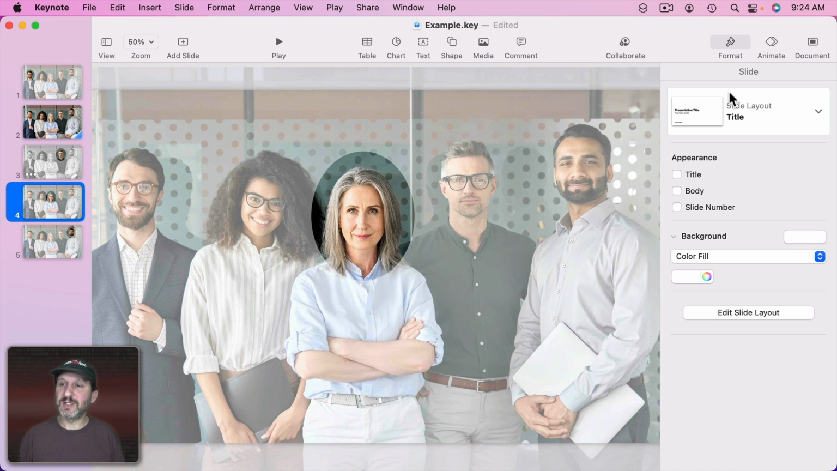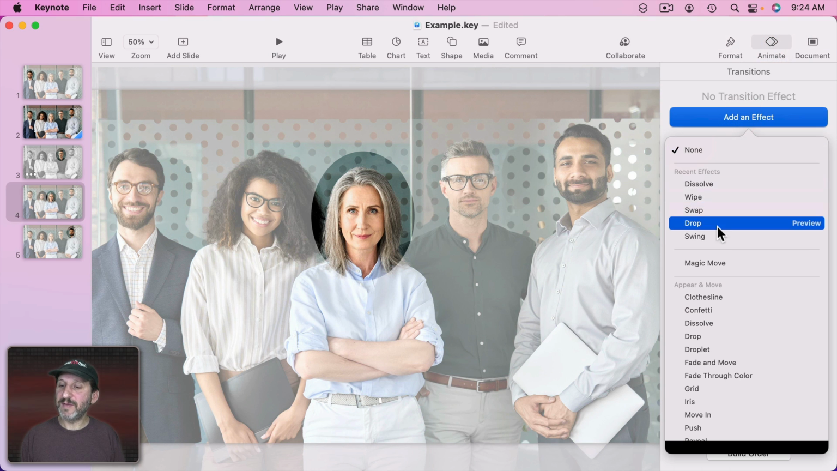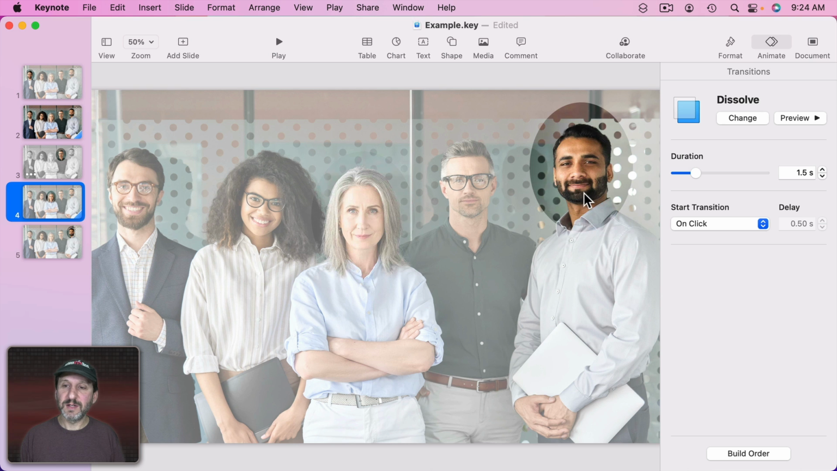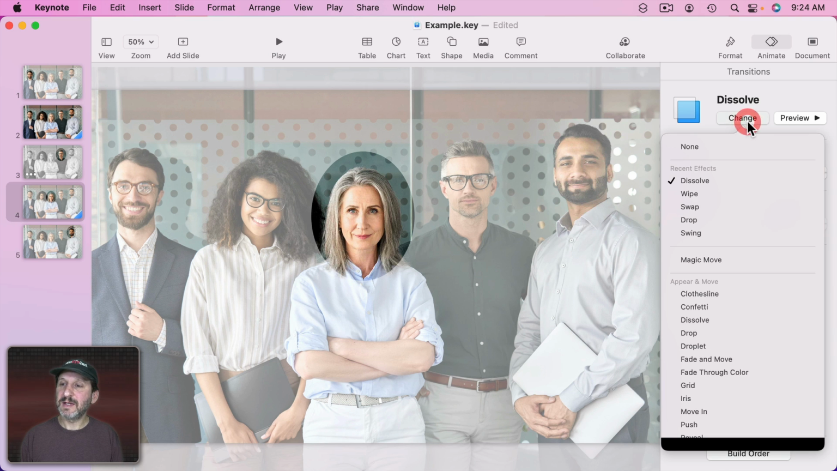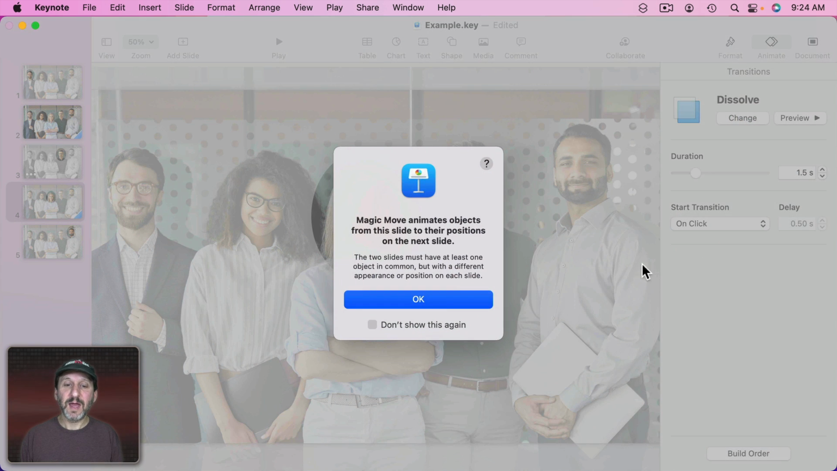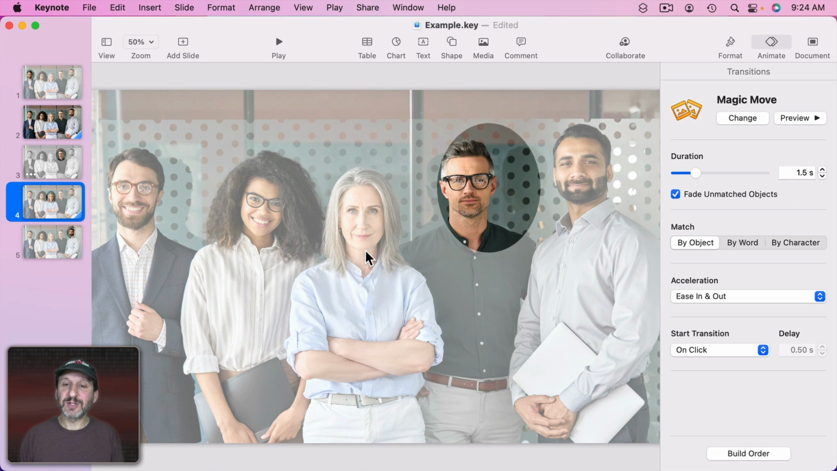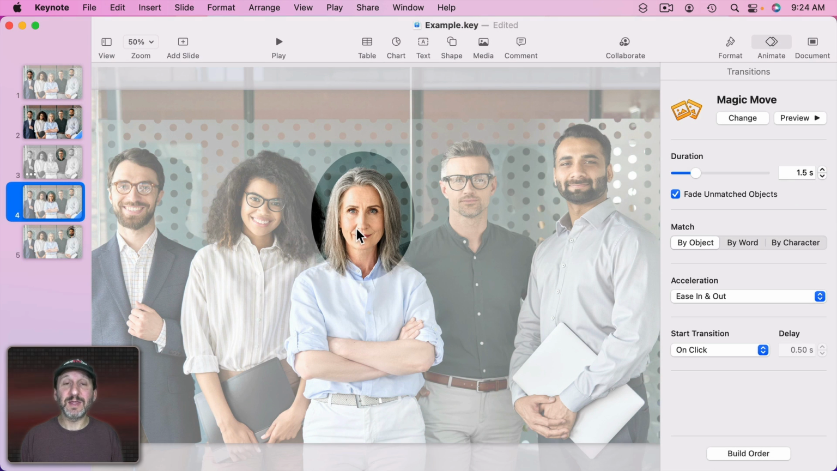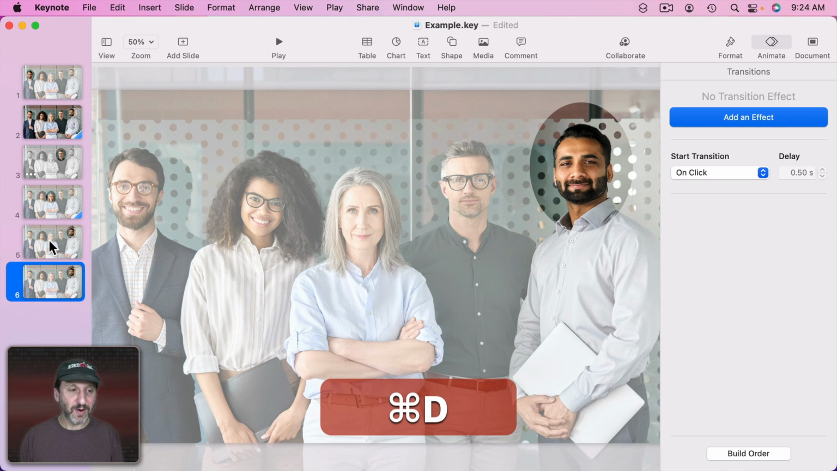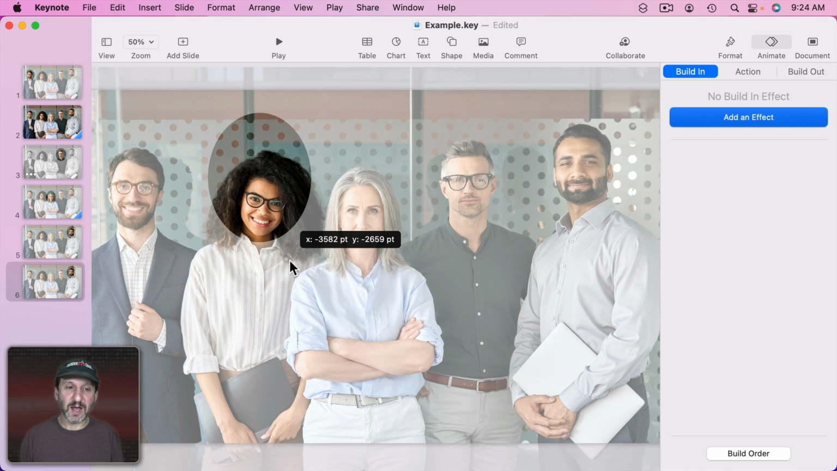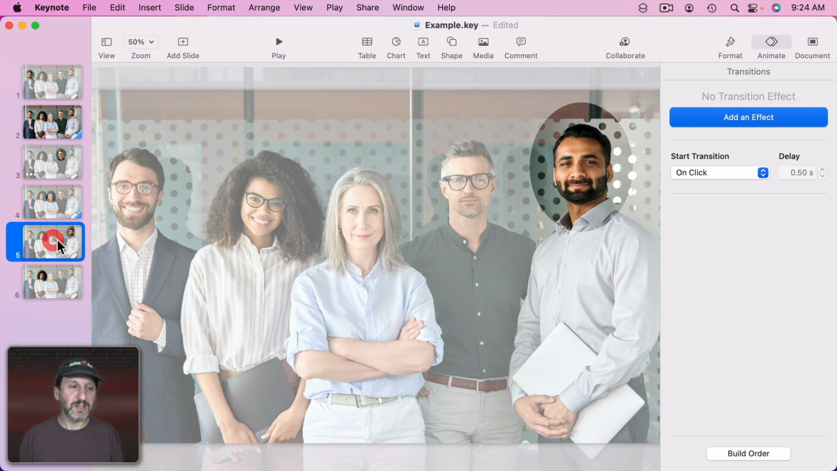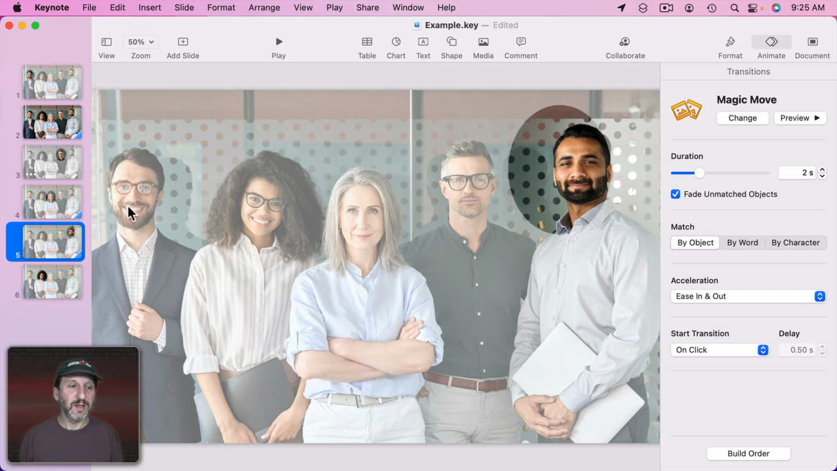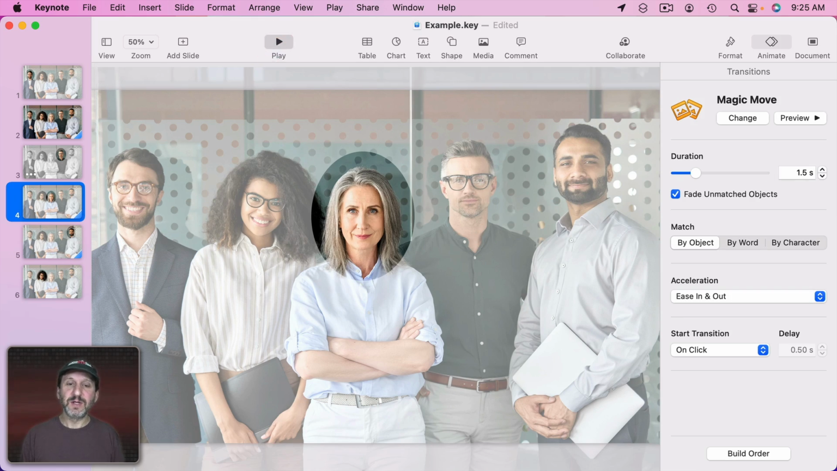Now a simple transition would be to have it just dissolve, right? So it goes from one to the other. But instead of that, let's change it to Magic Move. And Magic Move will actually move the shape and thus the hole to somebody else. So you can see how it slides from one person to the next. And I could create a duplicate of this and I could have it slide over again. And let's do Magic Move here. So now you could jump from person to person,